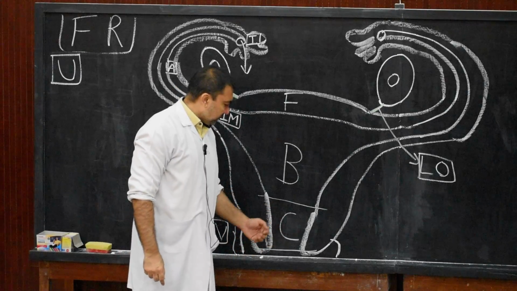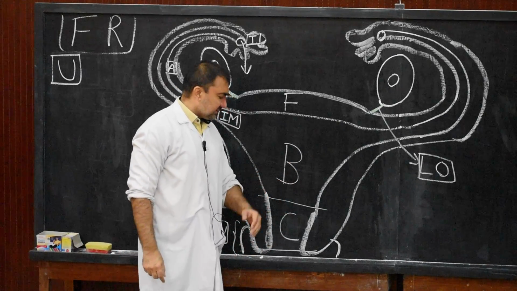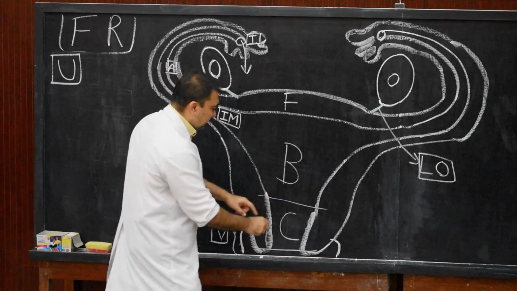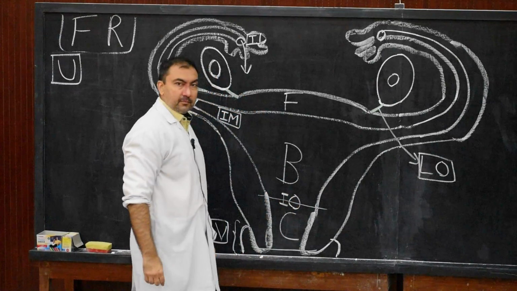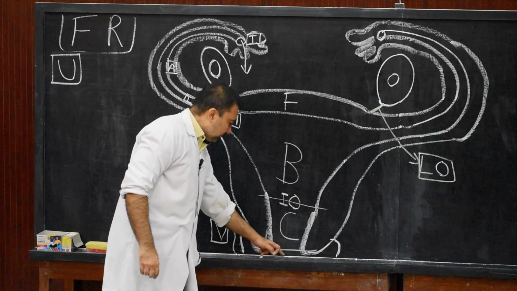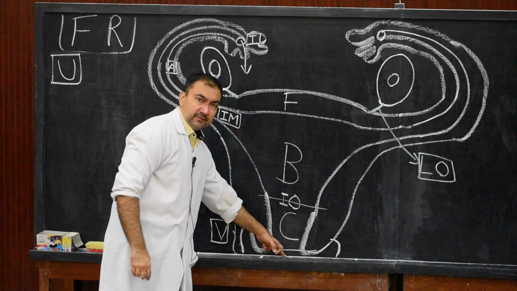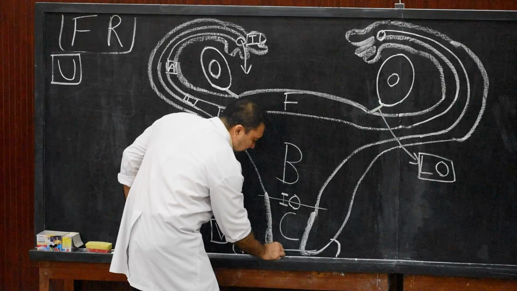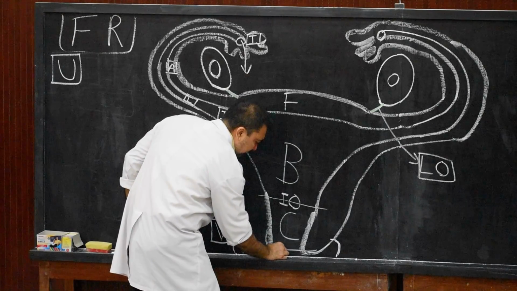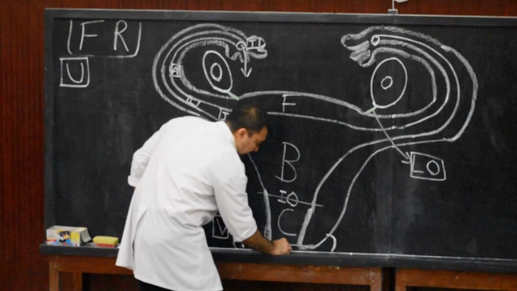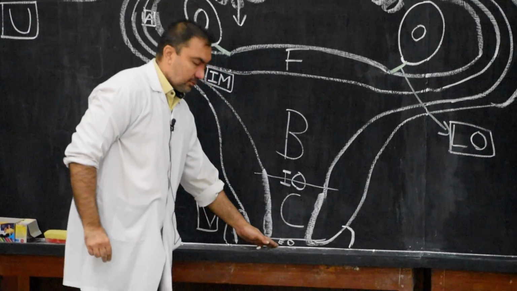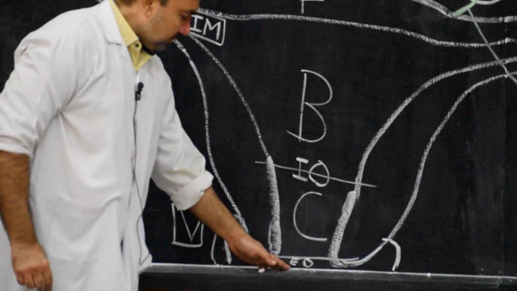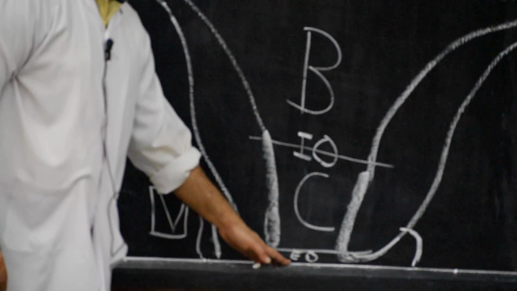Now the body will communicate with the cervix through the internal os. So this level is known as the internal os. And the cervix will communicate deep below with the vagina through the external os. This portion here, with very small handwriting, I am writing external os. So this is the external os, where the cervix will communicate with the vagina.